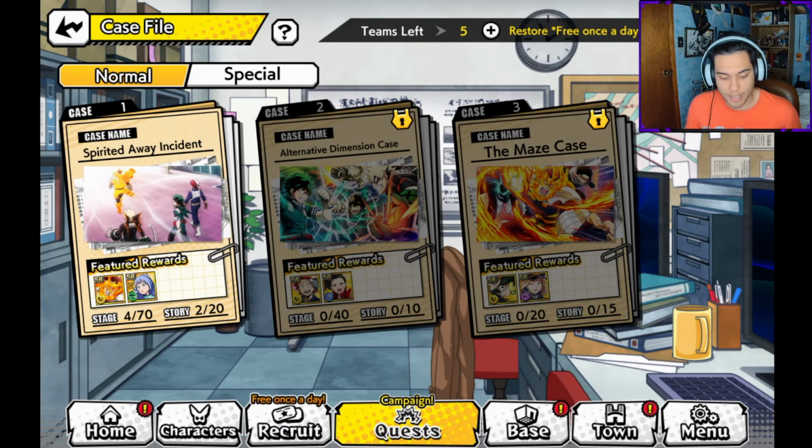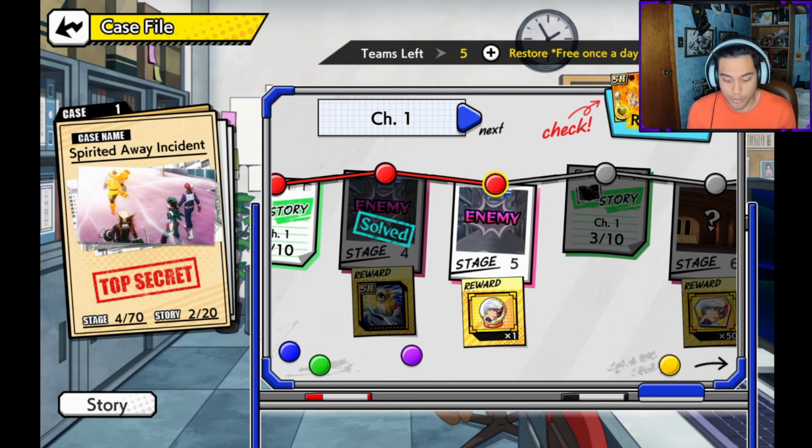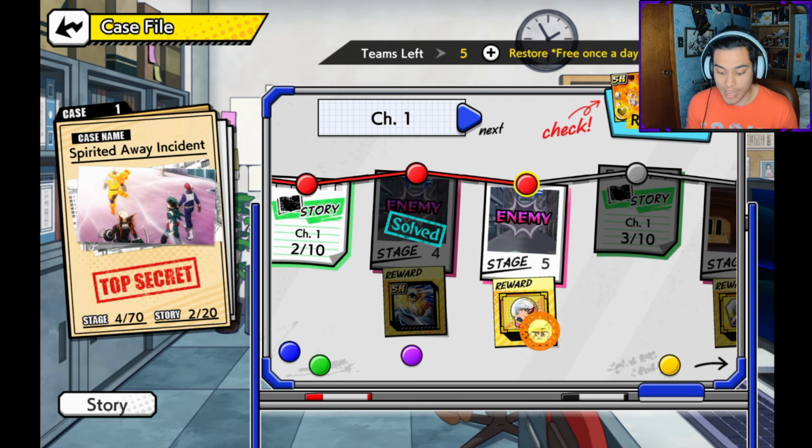Case file, this is very, very good for free-to-plays because you get characters in here for free. SR characters for literally free, like this Todoroki. Now, SR characters aren't as good as UR characters, but the fact that you get their orbs, and these orbs here,